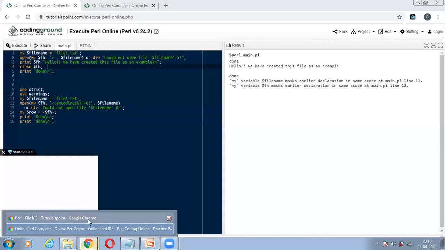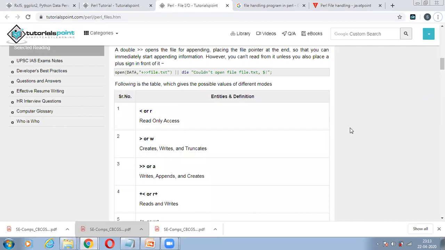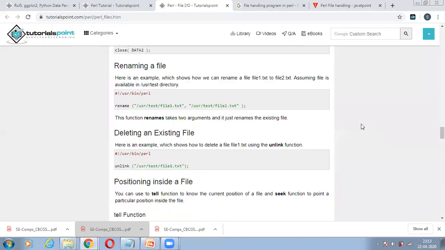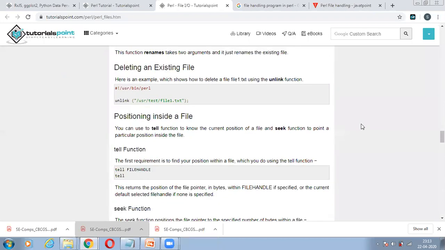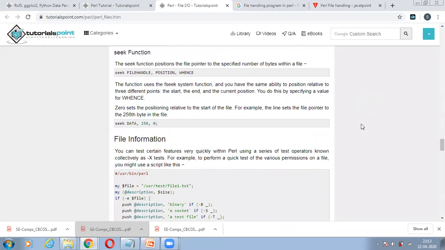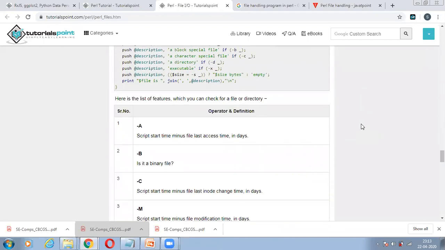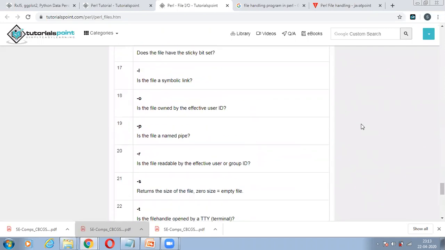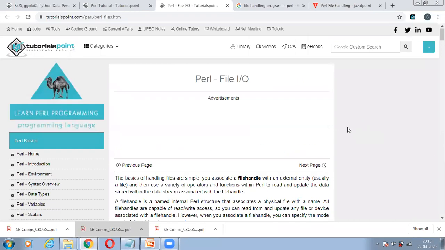Okay, guys, so this is how file handling concepts are used in Perl programming. Print is there. Then if you wish to rename a file or delete a file, you can always do such operations on the file, right? So this is a very basic and simple file handling concept in Perl.